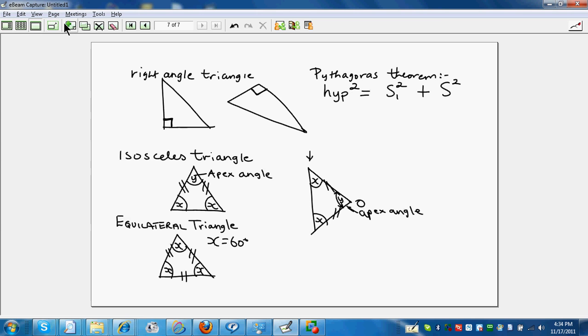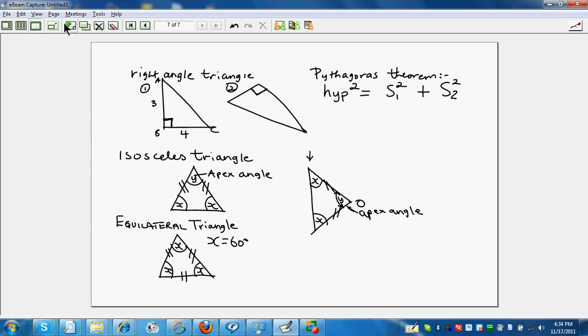So if we call one side side 1 and the other one side 2, then hypotenuse squared is equal to side 1 squared plus side 2 squared. This is Pythagoras' theorem. So if we were to do a very quick example, two examples as we have them on the board here, we'll call this example 1 and we'll call this example 2. If we were given a triangle A, B, C in question 1, whereby AB was 3, BC was 4,